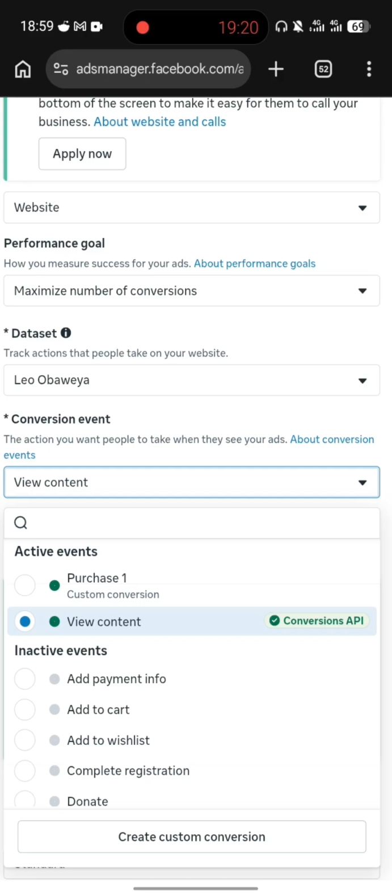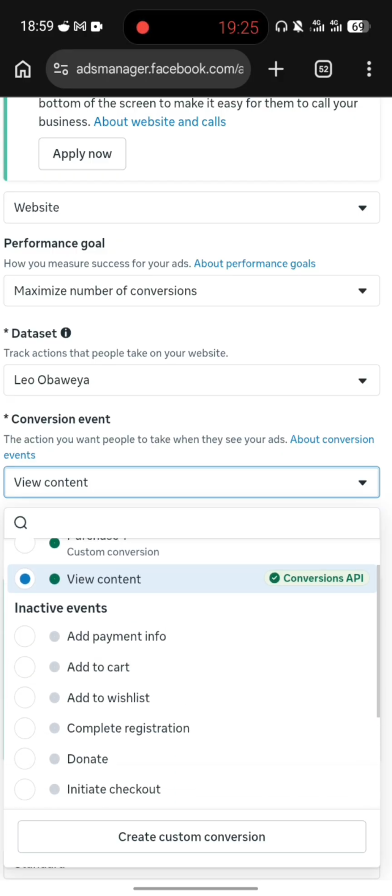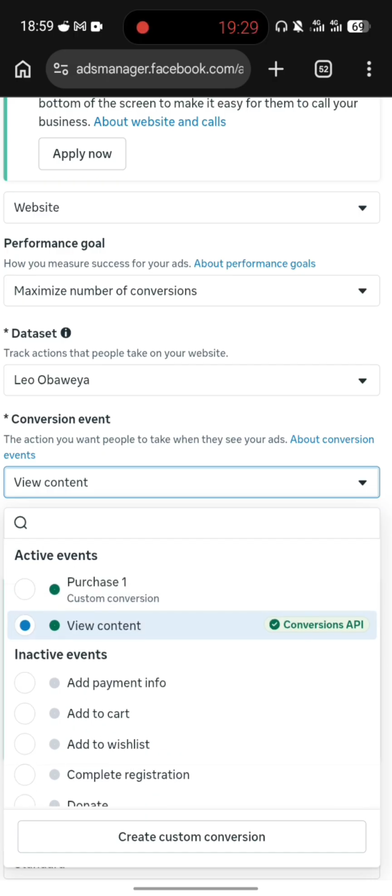If this thing is not active, you will see it. Now, if you look at the other part, you will see where it wrote inactive events. But this one, active events. You understand what I'm saying? So